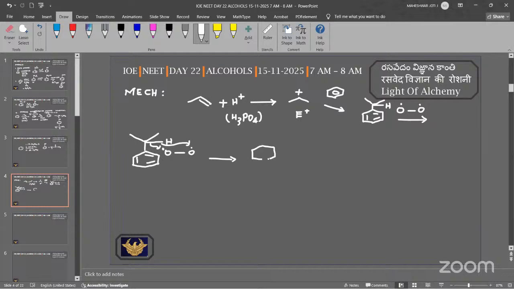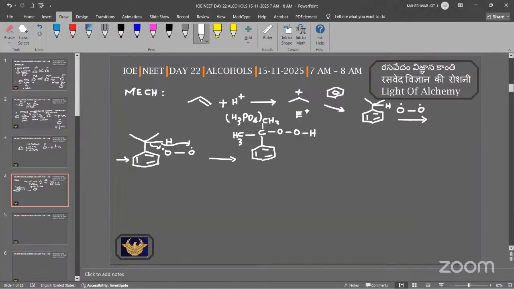This step is oxidation because oxygen is added to the isopropyl carbon, right? So C, CH3, CH3 here, oxygen hydrogen, right? Cumene hydroperoxide,